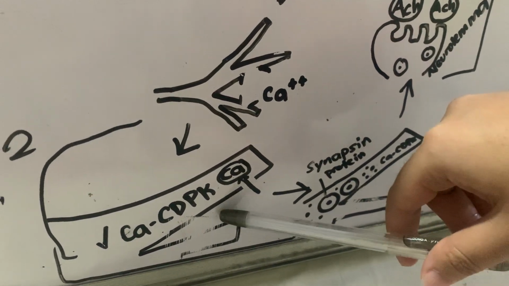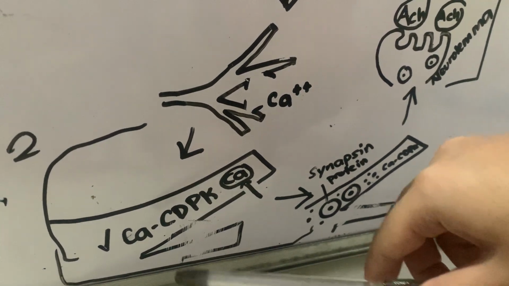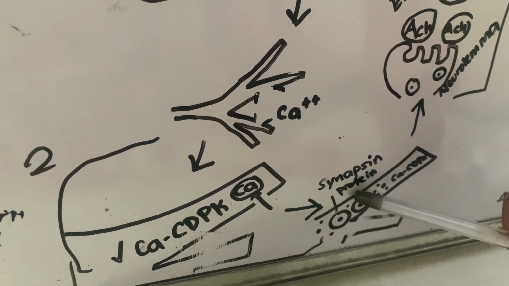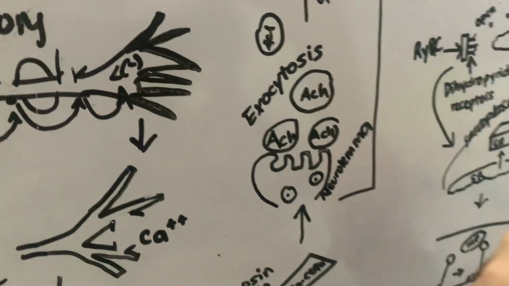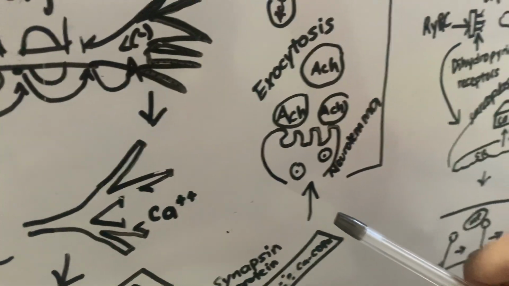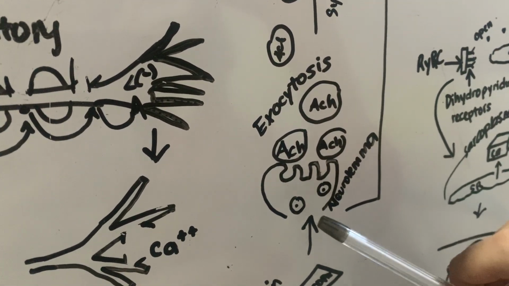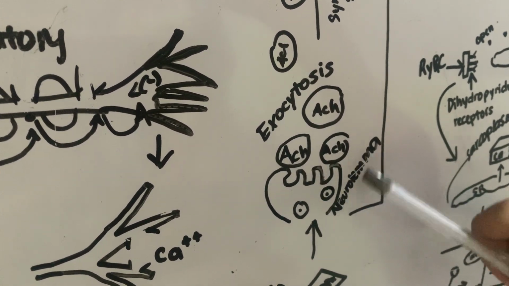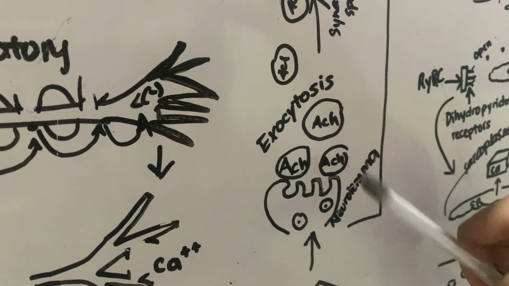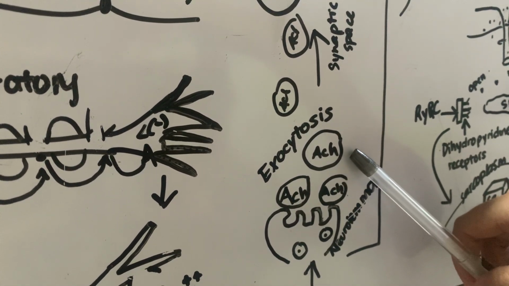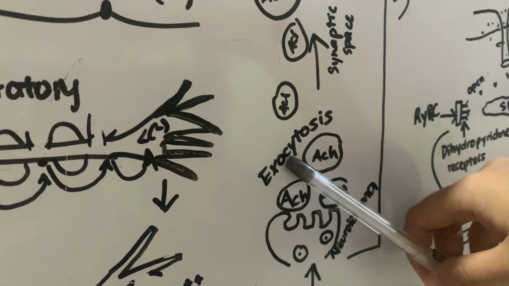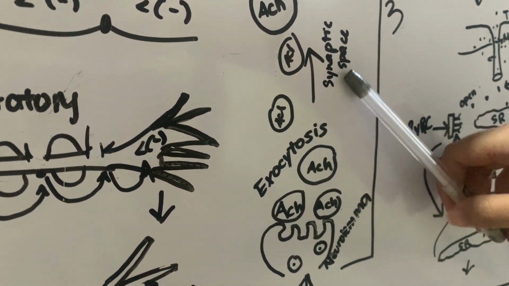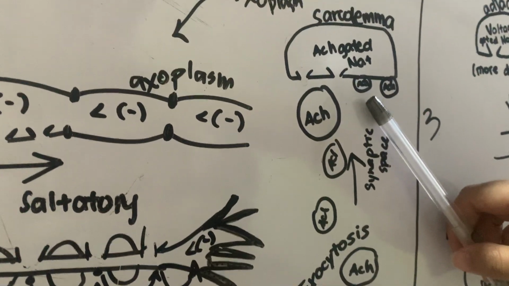This kinase phosphorylates the synapsin protein, and the synapsin protein will dock at the release sites of the neurolemma to release acetylcholine, and the acetylcholine is moved out through the process of exocytosis, and the acetylcholine in the synaptic space will bind with the